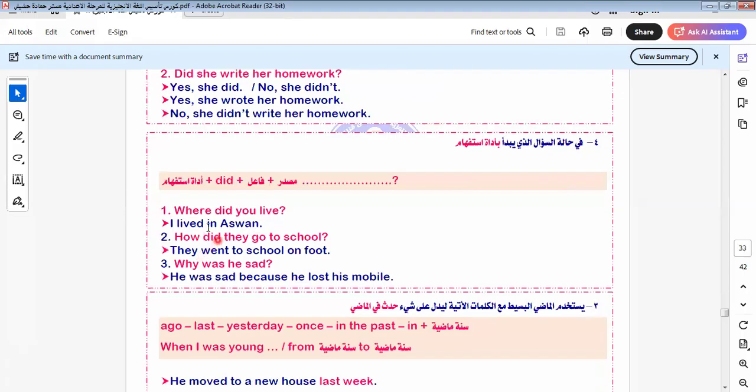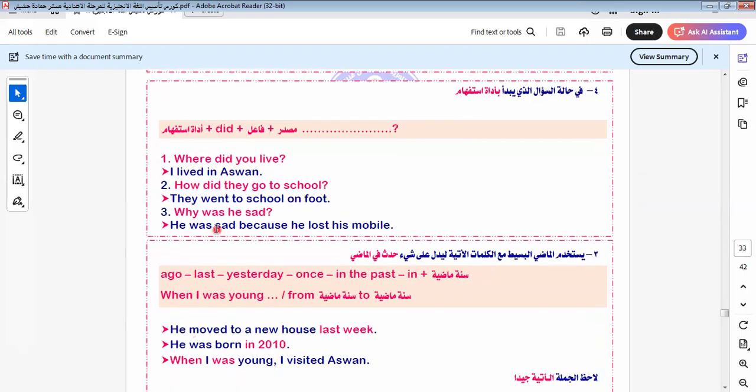When we answer a WH question like this, here we have did, so the verb must be in what? In the past form. If in the exam you don't change the verb when we have did, it will be minus half a mark. So take care when you answer the question. In the comprehension, in a general question, in anything where we have did, we must put the verb in the past form. We say, where did you live? I ask about the past, not now. So we say here, I lived in Aswan.